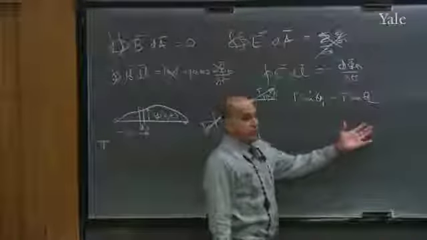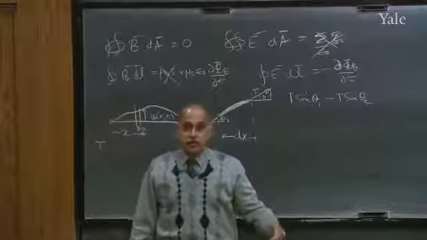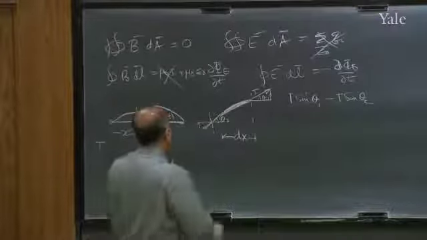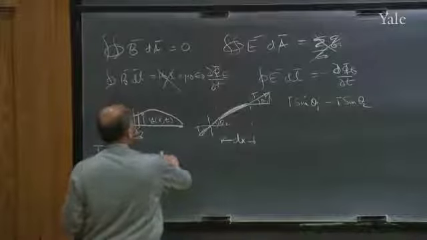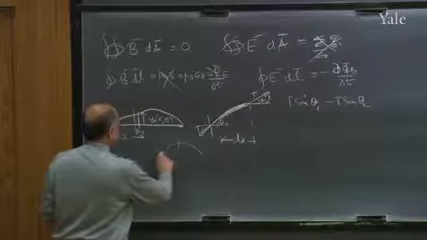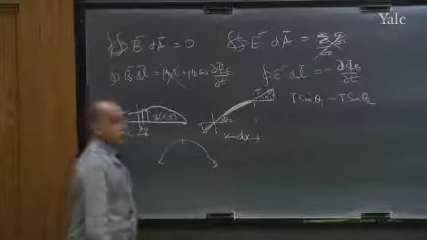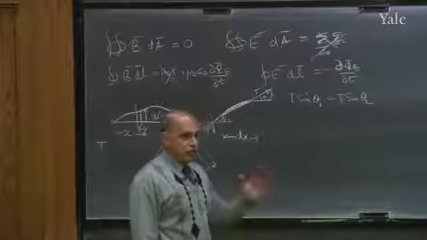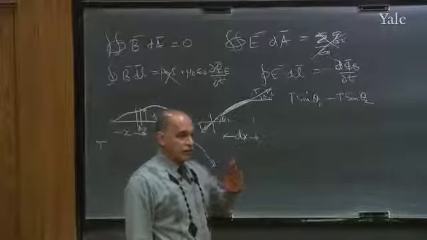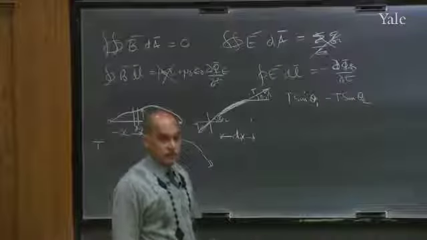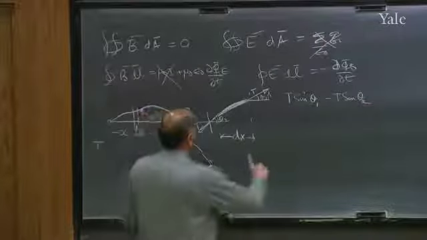Now, if theta 1 is equal to theta 2, they cancel, and that's what I just said. But theta 1 and theta 2 generally are not equal, because if I go to the top of the string, for example, this end is pulling this way, that end is pulling that way, there's a net force down. So you have a net force because this angle, or the tangent to the string, is changing with position. That's why they don't cancel.